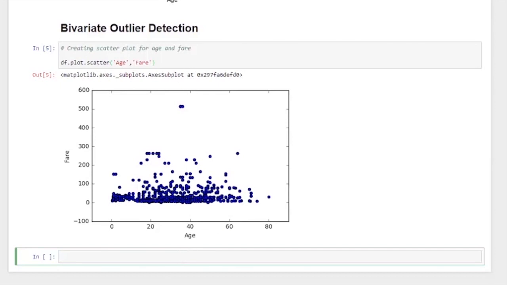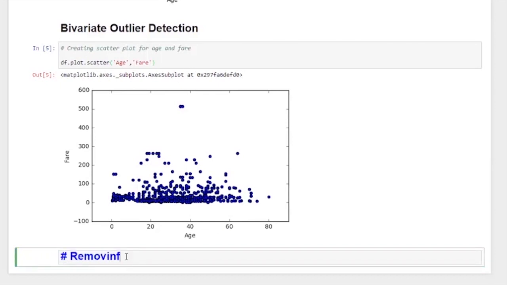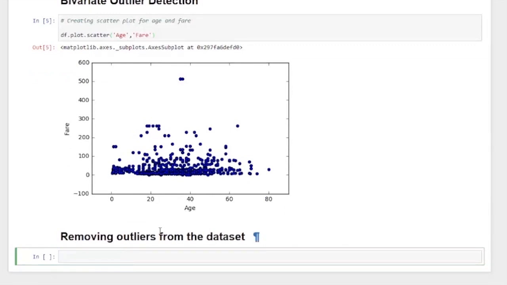For this, let me create a markdown first. We'll be removing the rows in which there are any outliers present. First of all, we'll be removing the outliers in the fare variable. Anything above 300 is an outlier for us.